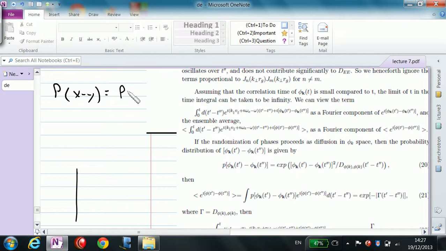These are two independent variables, so P(x) P(y). Plus the covariance term? No, because they're independent, the covariance goes to zero. No, I'm talking about the variance. Okay, I'm making a mistake. Yeah, it's the integral of P(x) P(y)